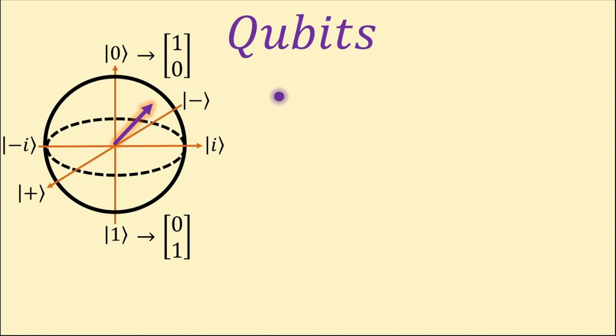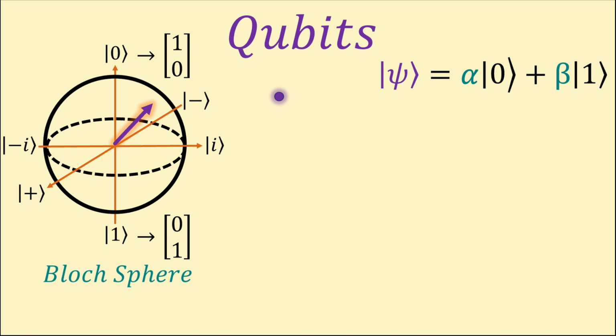Altogether, we call this diagram to represent qubits the Bloch sphere, from the concept introduced by Felix Bloch. The trick is, when we finally measure a qubit, it will either be in state 0 or state 1. The closer up this arrow is to ket 0, the higher probability this qubit will collapse to 0 when measured. And likewise, the closer down an arrow is to ket 1, the higher probability of measuring a 1. We can describe this with the equation alpha ket 0 plus beta ket 1, where alpha and beta are complex probability amplitudes. Simplified here, alpha and beta tell us how likely a qubit is to collapse to 0 or collapse to 1 when finally measured.